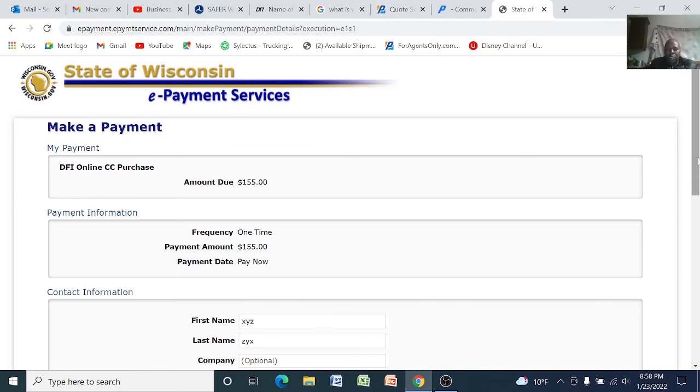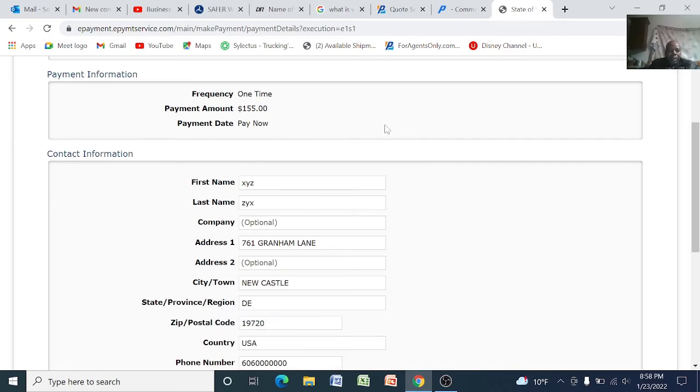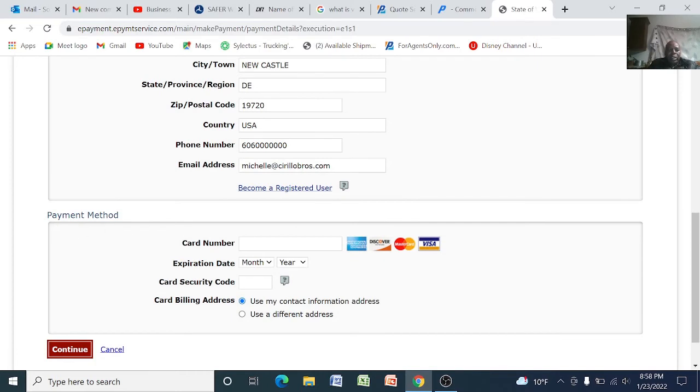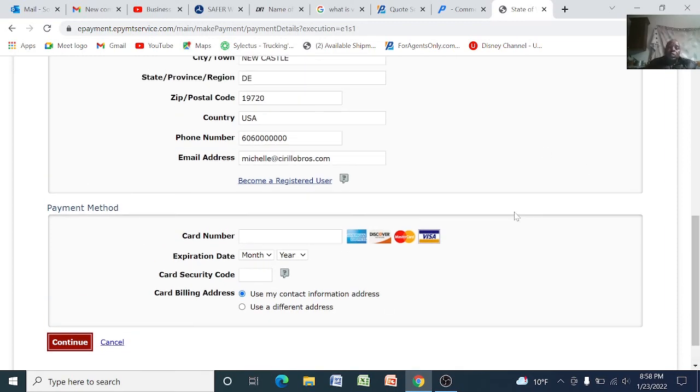And once it comes to this page right here, this is where it shows you the frequencies. At one time, you don't have to pay again unless it is an annual report, but the initial one, this is what you are paying, which is a one time payment, like they say here. Pay now, contact information is here and everything, and this is your credit card information. I don't think the computer will allow me to go past this page because you have to input the credit card information for real in order to proceed. So basically that's what you do, and once you pay, you will get a confirmation page showing you details,